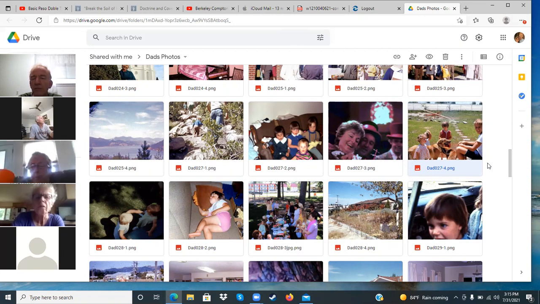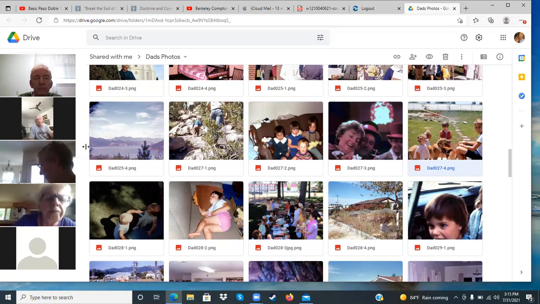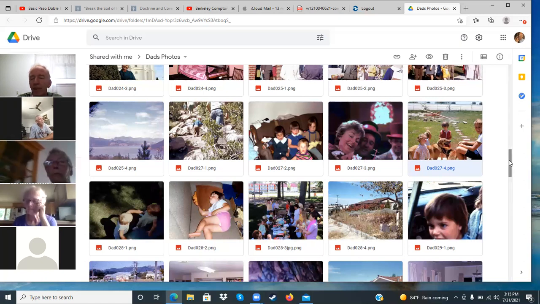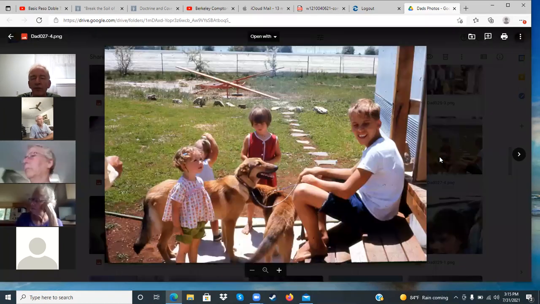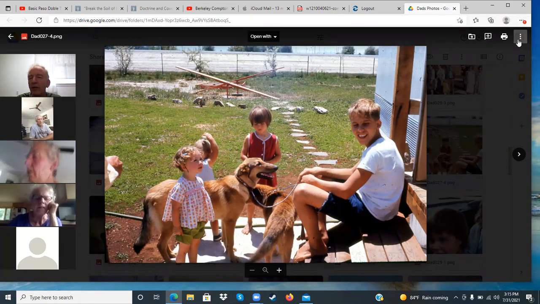Dad 027-4. Let me go in a different room. Can you look at it and see if you see the descriptor I put in? I do not see the descriptor you put in. Chad, we're not supposed to be able to see what you're doing. Well, he's asking if I can see it, and I don't. It still says Dad. So when you say descriptor you put in, okay, here's what you're looking at. This is what I see on my screen.